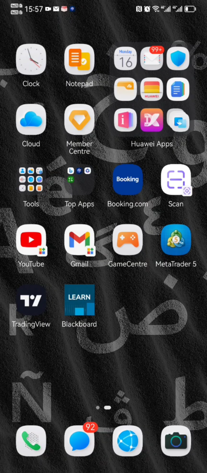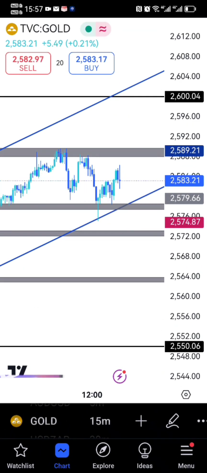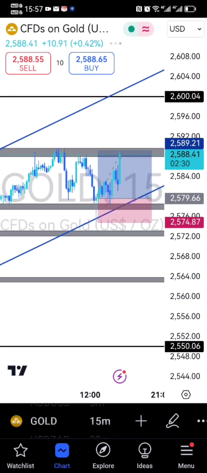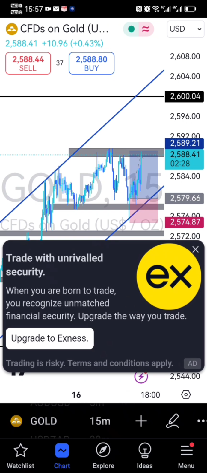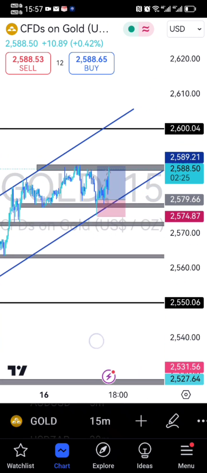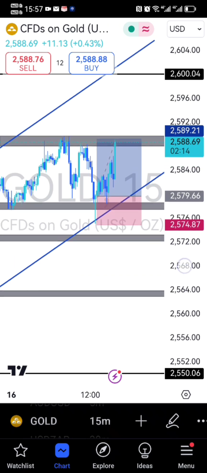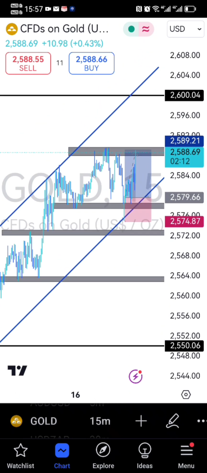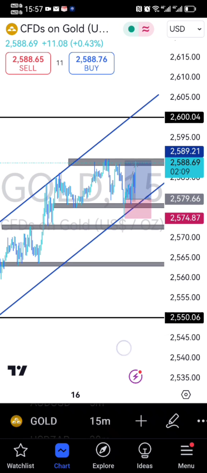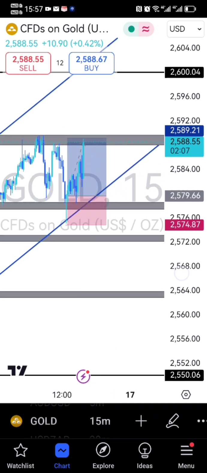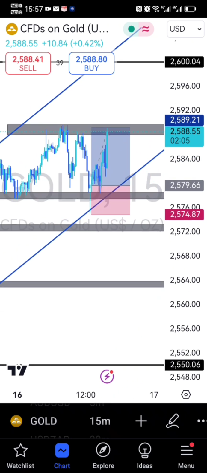All right, guys. So we're back again with the update of the position. This is how things are moving at the moment. Okay, gold. It looks like gold actually went up there, but I think I'm gonna hold. So what I'm gonna do now is just put my stop losses to break even, because I do think it's gonna keep on going up. It's gonna continue going to the upside, but we'll have to see how it's going to move. But profit hit, TP hit.